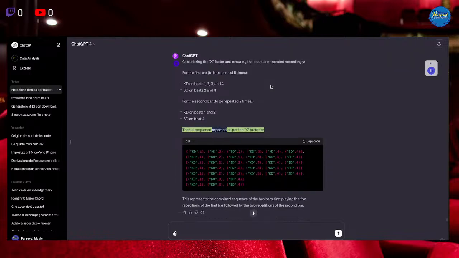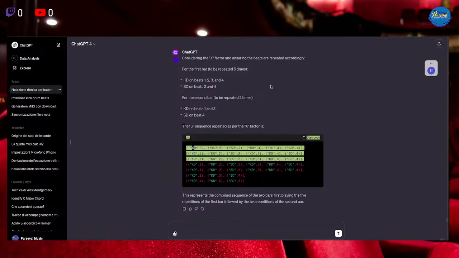The full sequence is KD1, KD2, SD2, KD3, KD4, SD4, KD1, KD2, SD. This represents the combined sequence of the two bars, first playing the 5 repetitions of the first bar, followed by the 2 repetitions of the second bar.